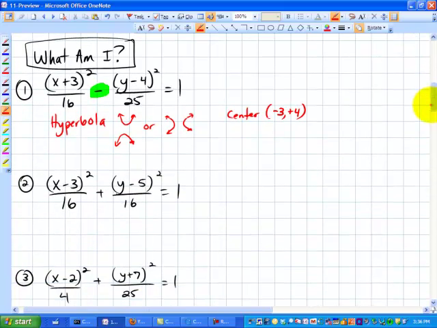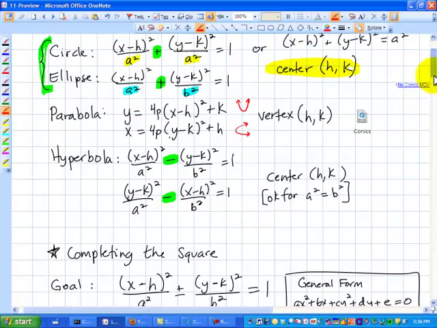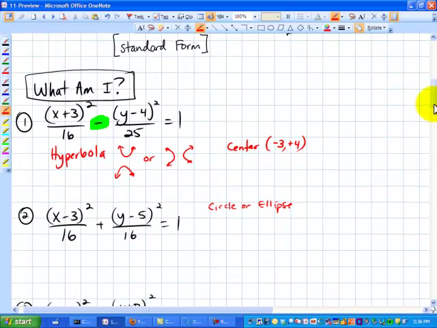All right, for number 2, here's my equation. I see the plus sign in the middle. I remember that the plus sign is either a circle or it's an ellipse. It's one of those two. So I'm going to just jump back up and take a look at what was up here. Okay, they both had a plus sign, so that's fine. The only difference between a circle and an ellipse was that these numbers are the same here and here. So what do I see? Same number. So it's a circle,